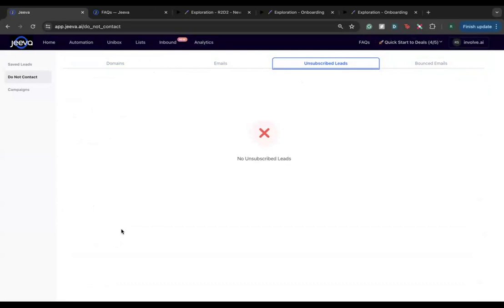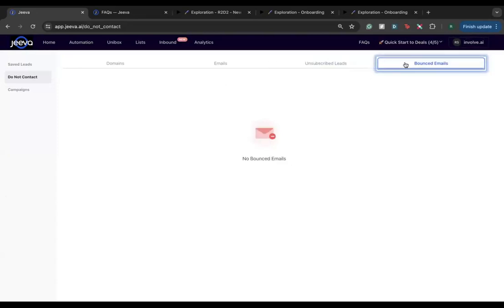And in that case, let's say in another automation that I do after months, if that lead happens to appear, even though they clicked on unsubscribe earlier, we'll come here and make sure we don't send emails to them, because obviously, it's not legal when someone's clicked on unsubscribe and we're still sending them emails. We want to make sure we're not bothering them. So you will see those unsubscribed here.